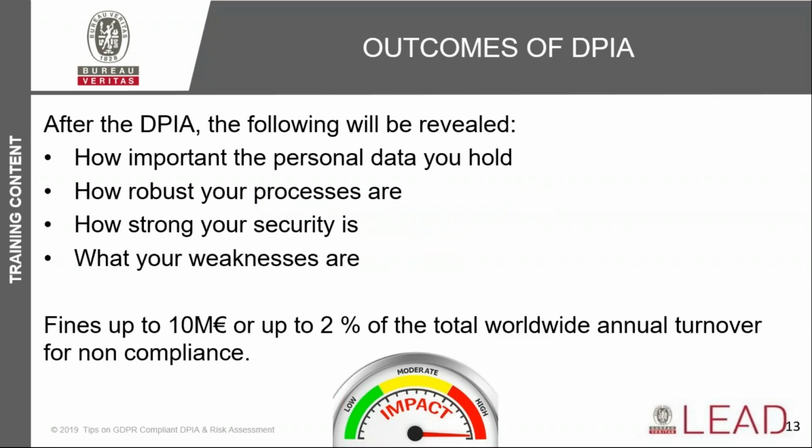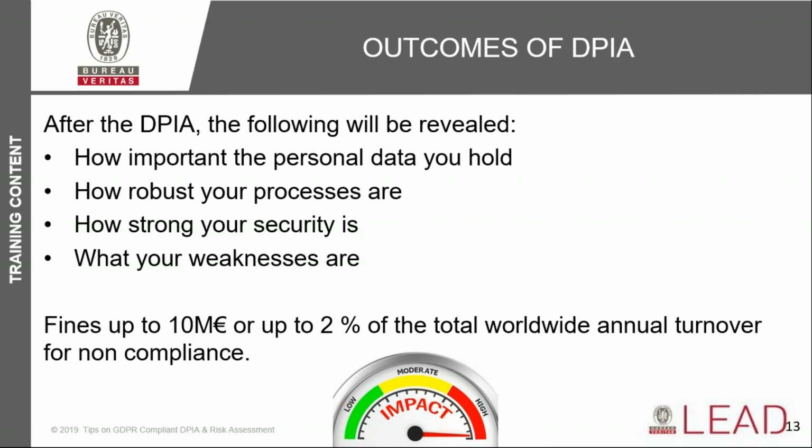Well, we talked about the fines. Those fines are mostly related to breach of rights and freedoms of natural persons. But non-compliance with GDPR required processes and procedures can be subject to fines too. These are part of the administrative fines explained in GDPR, and they can be up to 10 million euros or up to 2% of the global revenue. As I said, this is different from the 20 million euro cap. This is about non-compliance with GDPR required processes and procedures, not breaching the rights and freedoms of individuals we're talking